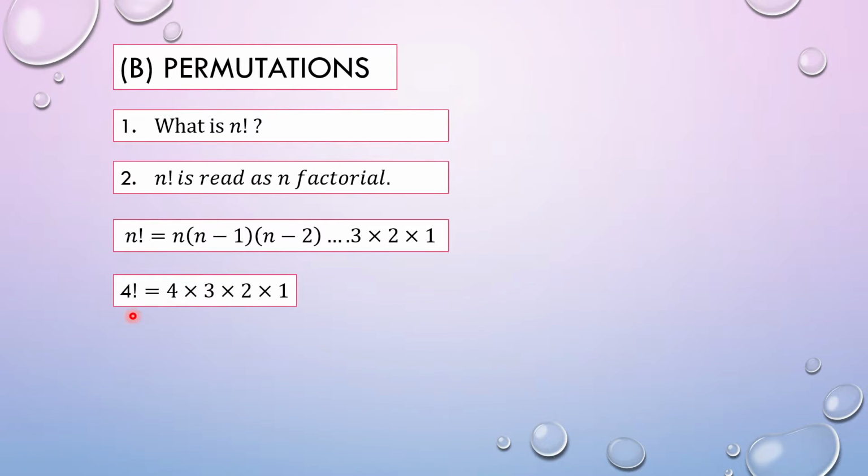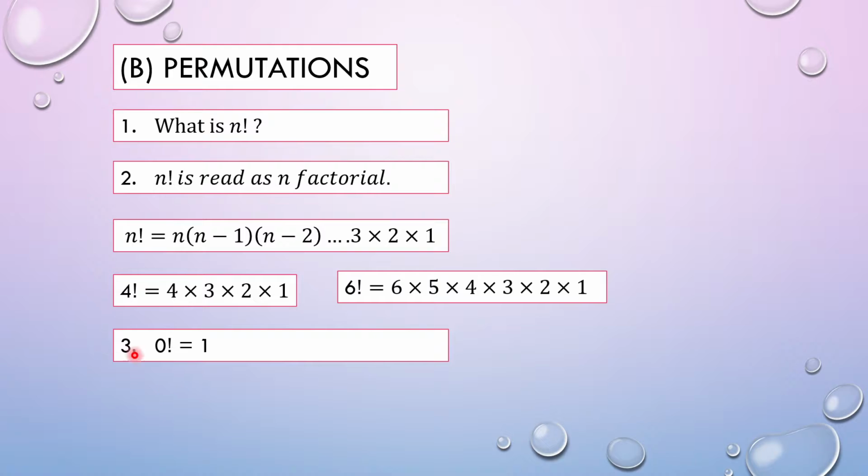For example, let's say you have 4 factorial, then 4 times 3 times 2 times 1. Same thing, if you have 6 factorial, then it is 6 times 5 times 4 times 3 times 2 times 1. Multiply all this, then you will be able to get the value of 6 factorial. And remember, 0 factorial equals to,